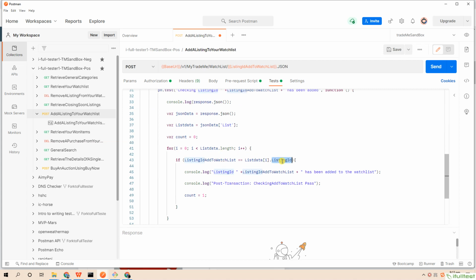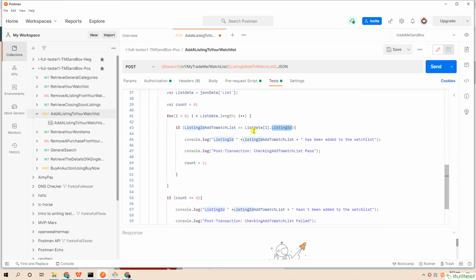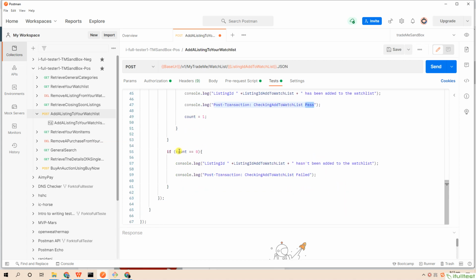When we found our newly added listing ID, we mark this transaction as passed. Otherwise, we mark it as failed.